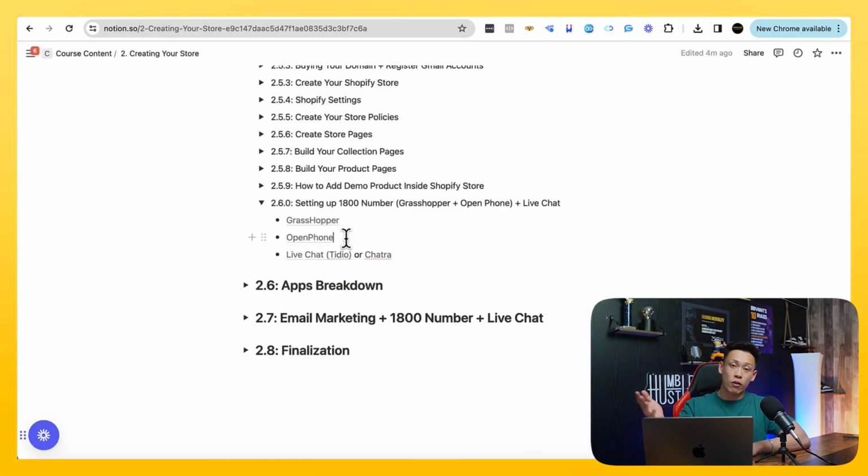And then you can either use OpenPhone, which Trevor goes into detail with that. And pretty much once you do get into the groove of high ticket e-commerce, you could transition to our CRM and use that software. But right now,